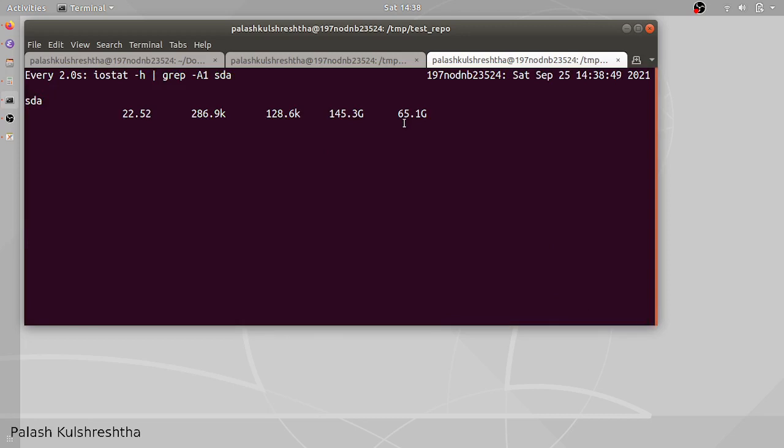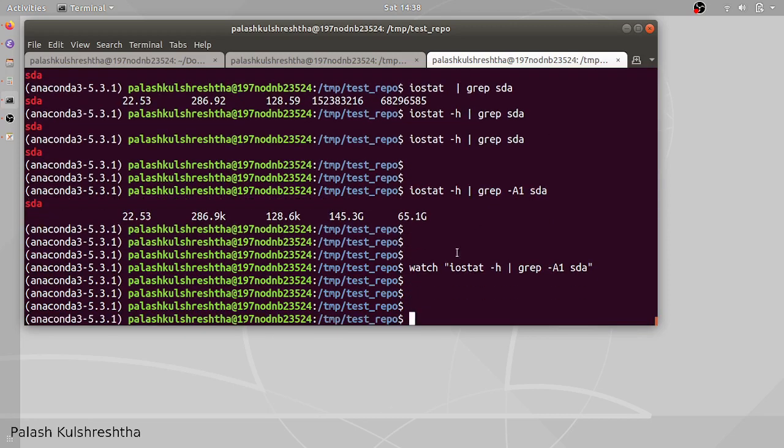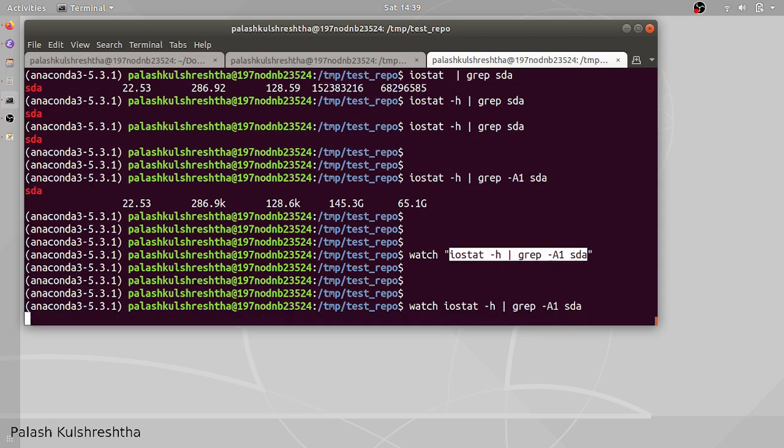But let me explain something to you. Why have we written this iostat command with grep SDA in double quotes? We have written that in double quotes because if we had written watch iostat -h grep -A1 SDA, we are not getting any output, because grep is grepping the output of the watch iostat -h command.